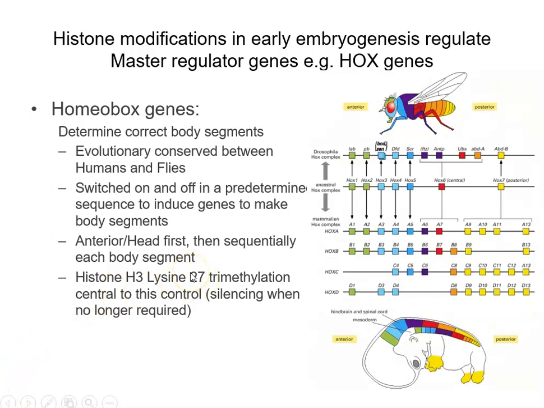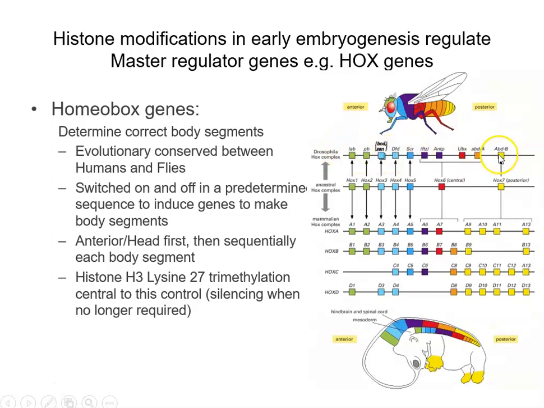Now, a technical term for this is spatial and temporal collinearity, which is just a clever way of saying that this gene cluster, and these are in a cluster, this gene sits next to this, which sits next to this. This gene physically gets switched on, and then this gets switched on, and then this gets switched on, but by the time this one is on, this one here has been switched off. So basically there is a run of transcriptional activity down the chromosome, starting here, working its way down to here,